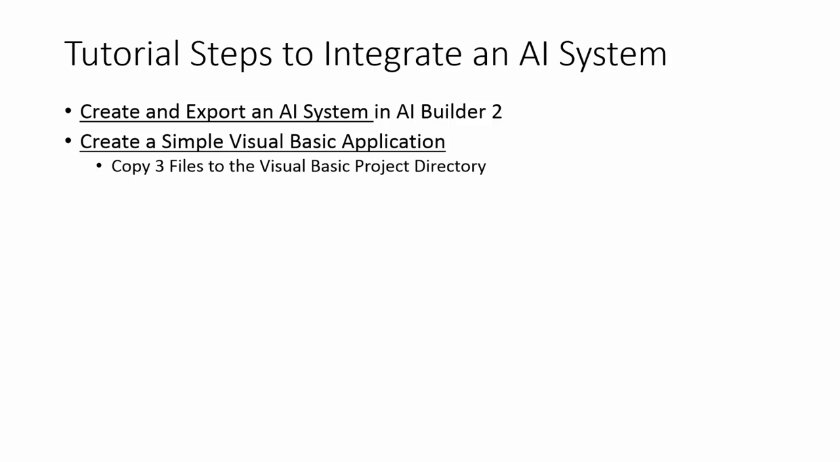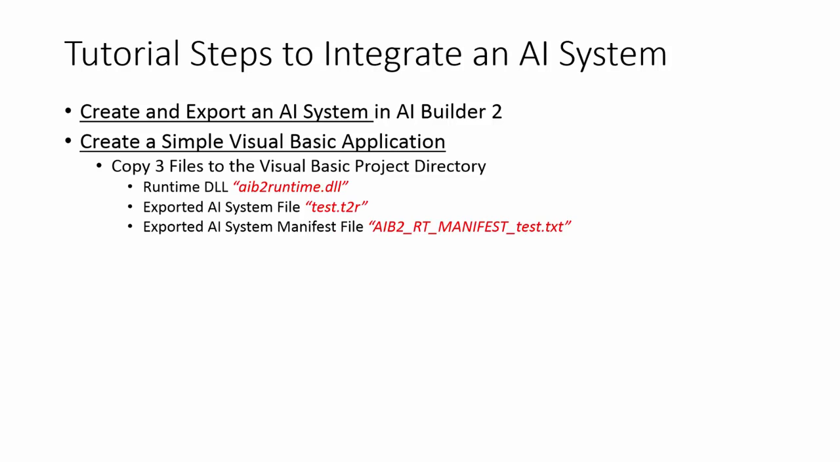We're going to copy 3 necessary files to the Visual Basic project directory. We'll need the runtime DLL, we'll need the exported AI system file, and we'll also need the conveniently created manifest file that AI Builder 2 writes for you when you export the AI system. And you'll see where that comes in handy when we need to get at the IDs for the inputs and